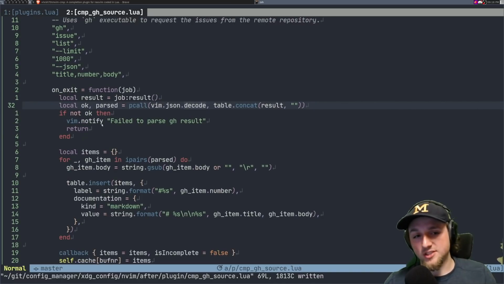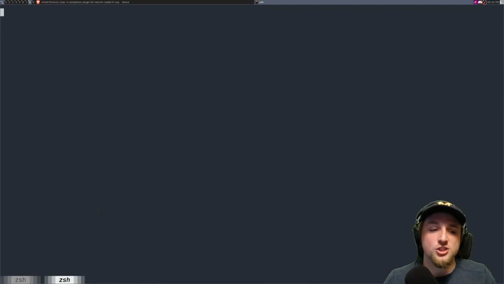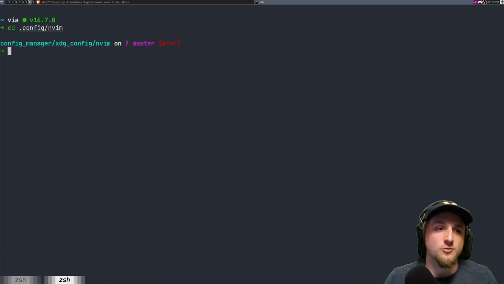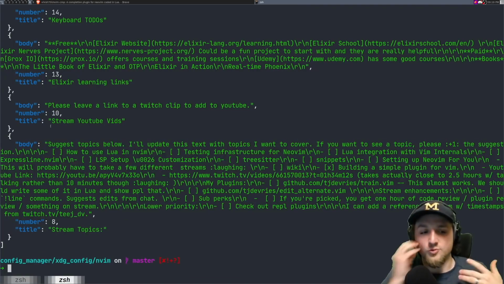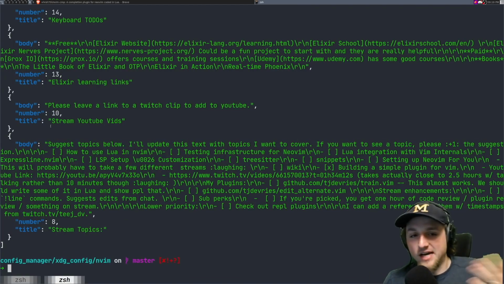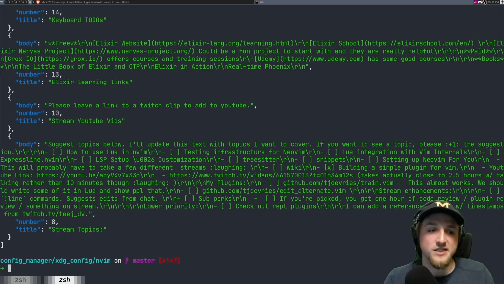If that fails, we just short circuit out. Nothing crazy there. So up to now, we haven't done anything very exciting. In fact, we can show exactly what we're doing. If I went to here and I ran gh issue list 1,000, we can see exactly what the result would look like. So you could test this out outside of NeoVim, outside of here, just making sure that you're getting